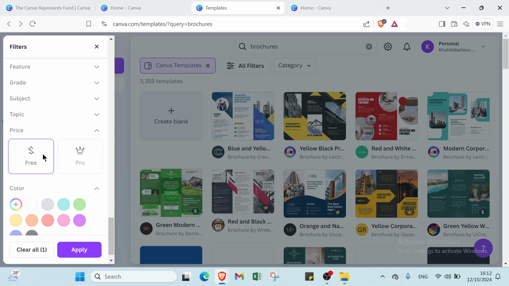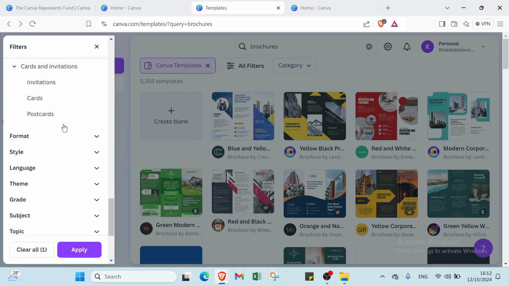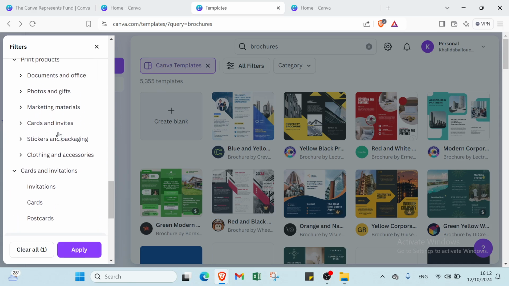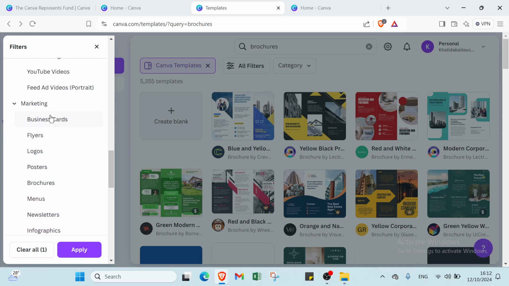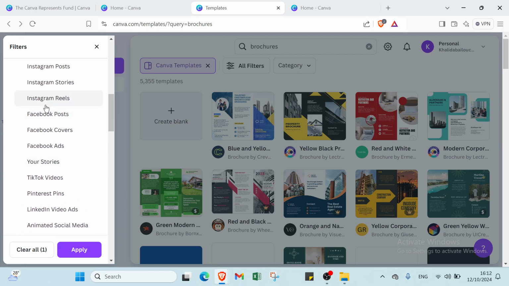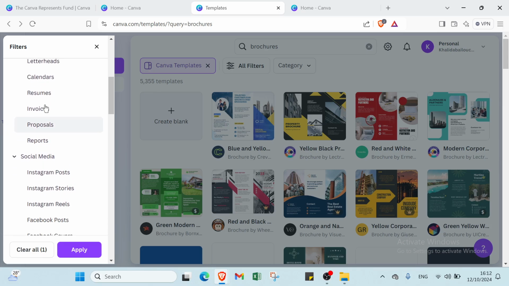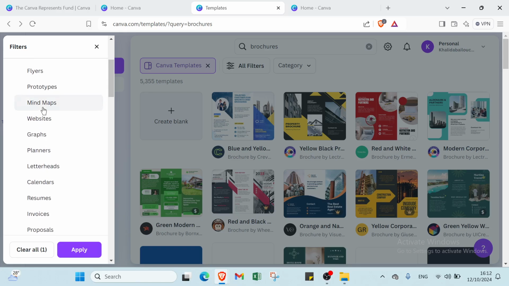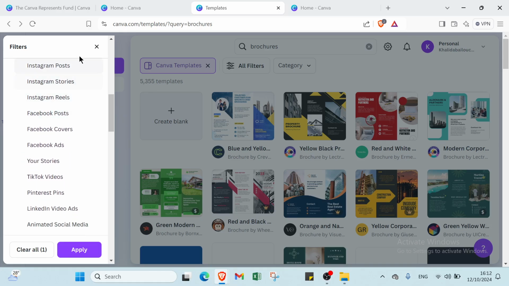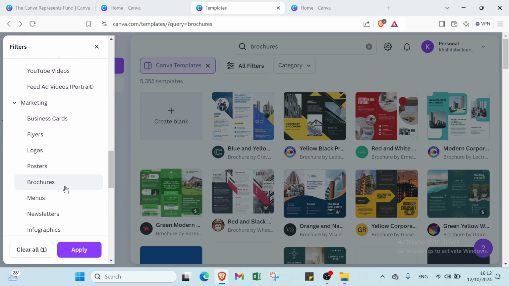For example, you choose here the free one, and also for example here we have, so let's search for example creating brochures. So here we have posters, so let's search for brochures. Websites, here we have prototype, whiteboard, docs, so let's search for brochures. Here we have brochures. You can just select it like that, and then you click over apply,